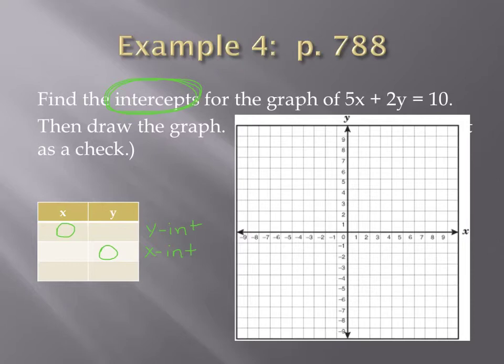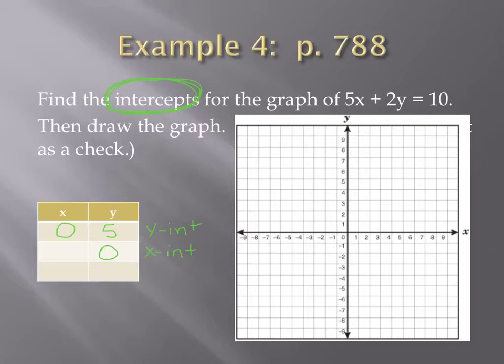Alright, so the nice thing about finding intercepts, it's pretty easy, because if you put a 0 in for x, 5 times 0 is 0. So you're basically blotting out that 5 because it's equal to 0. And you have 2y equals 10. So then just divide by 2, and we get y equals 5. Then for